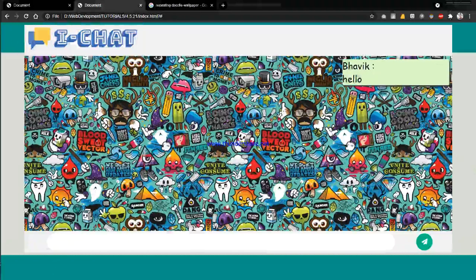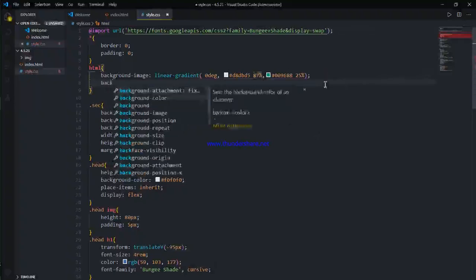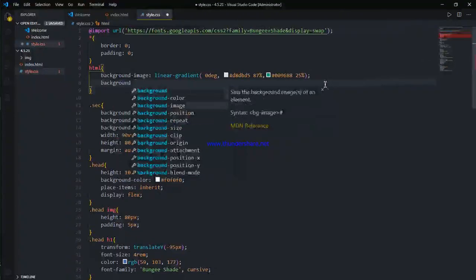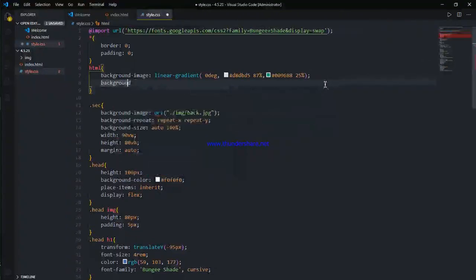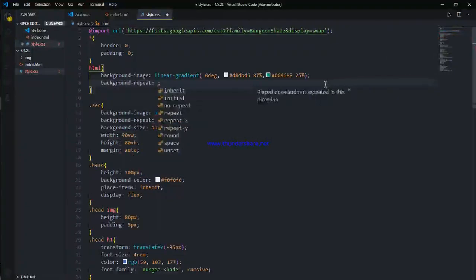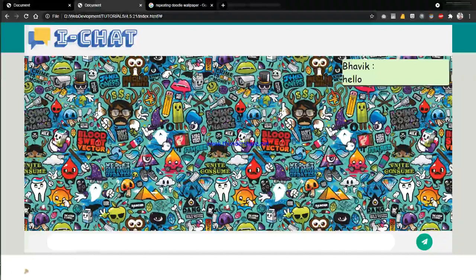Okay, as we can see, it is repeating, so we can go background repeat, no repeat.